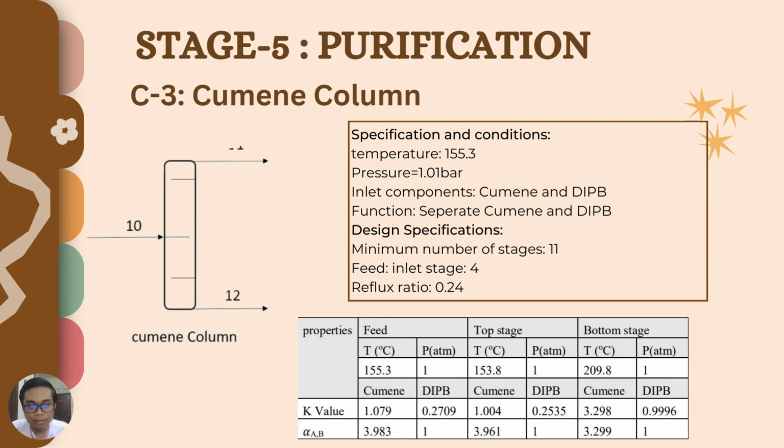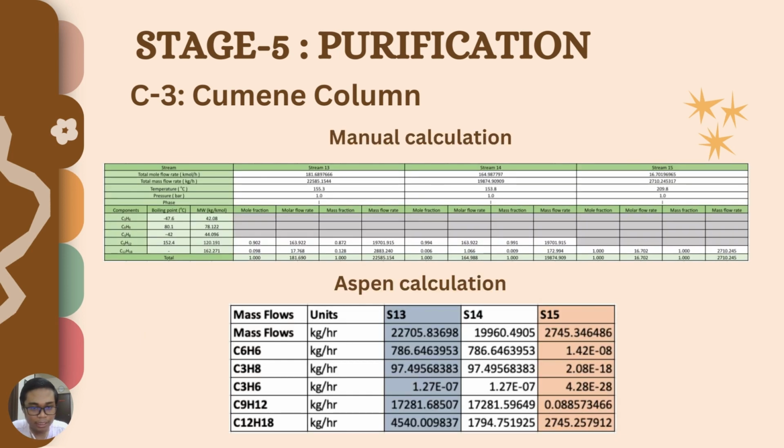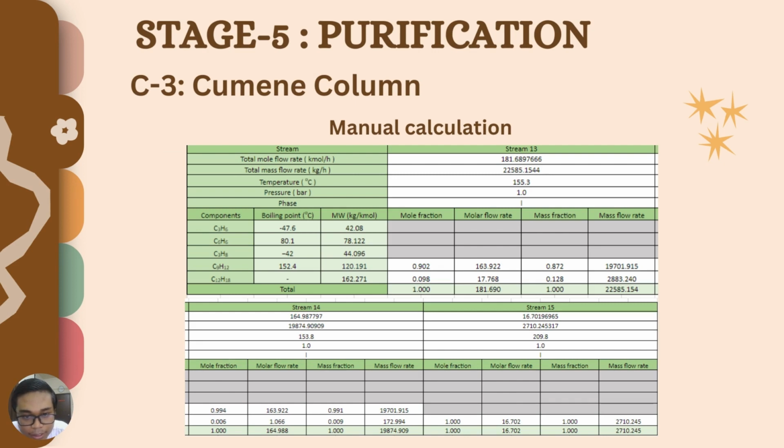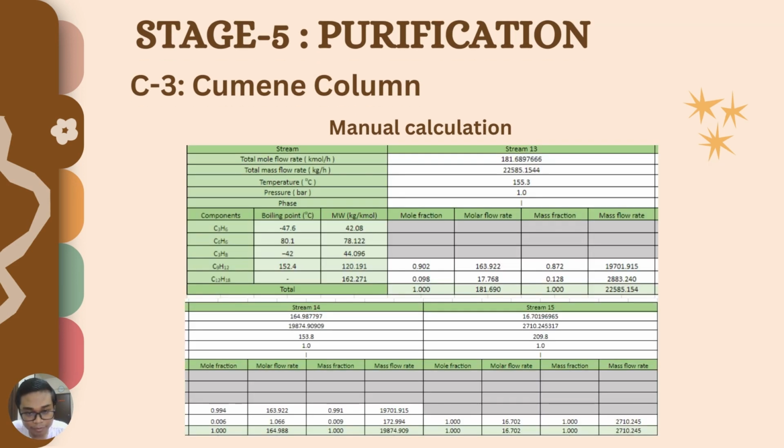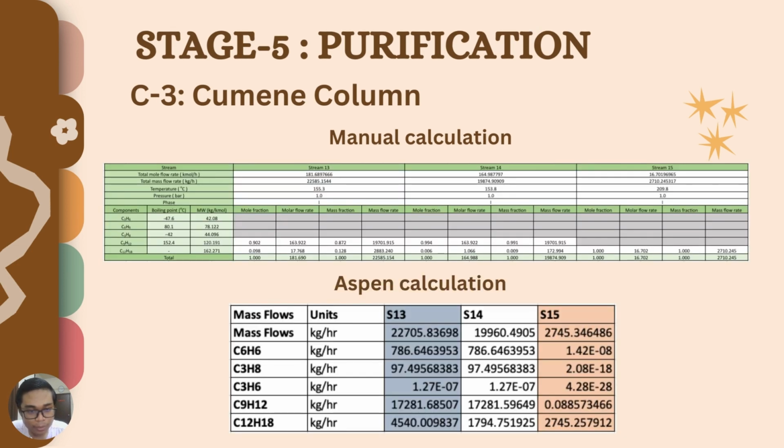The specification and conditions for this are that it must work at 155 degrees Celsius and a pressure of 1 bar, and the number of stages that we calculated is 11, and the feed will enter at stage 4. So here are our manual calculation as well as the Aspen calculation. If you can see, the value for the overall mass balance is not much different between these two calculations. However, there is a bit of slack on the components,